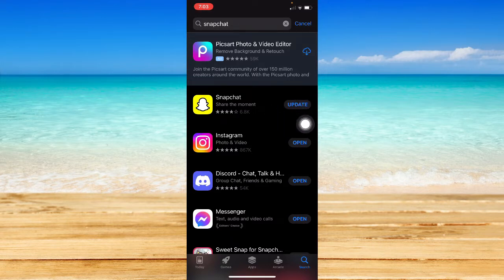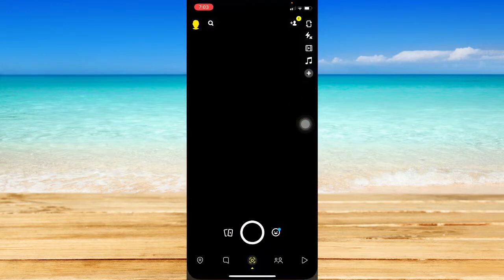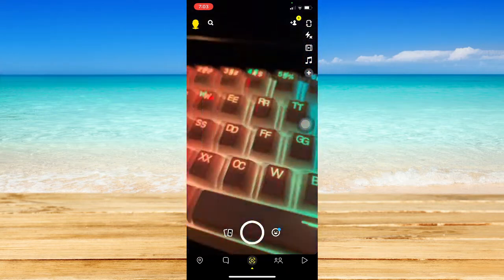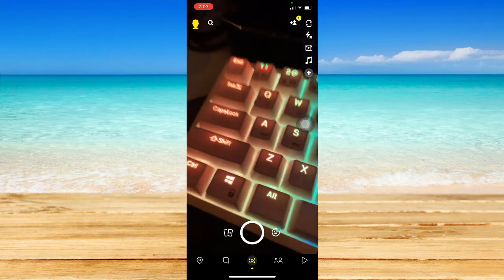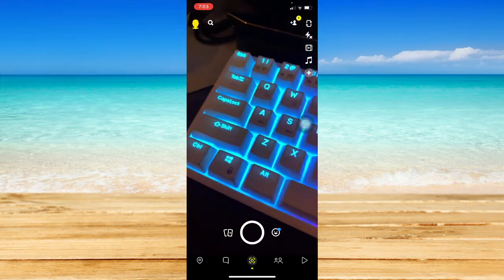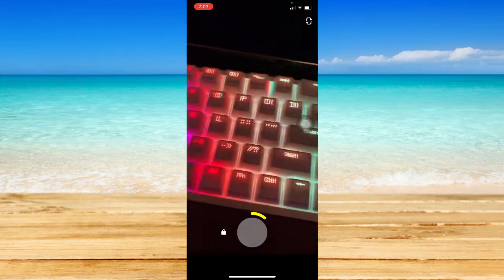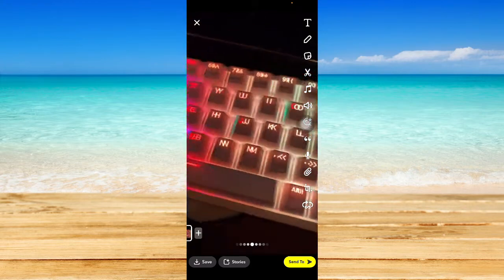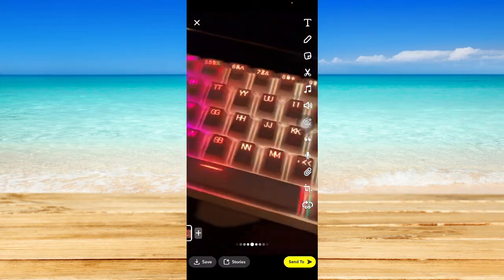And then, assuming that you have now updated your Snapchat app, you may now open your Snapchat and then take a video right here. So for example, I will take a video from left to right of my keyboard. So I'll take a video first. And then, once you have your video, what you're going to do is to simply swipe left or right on